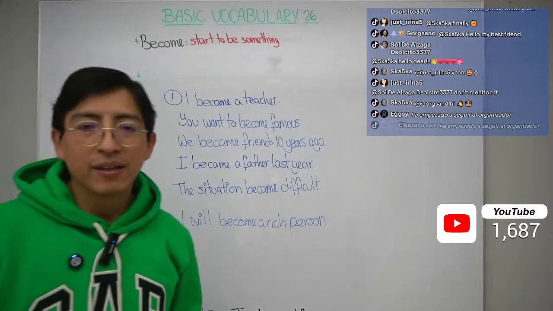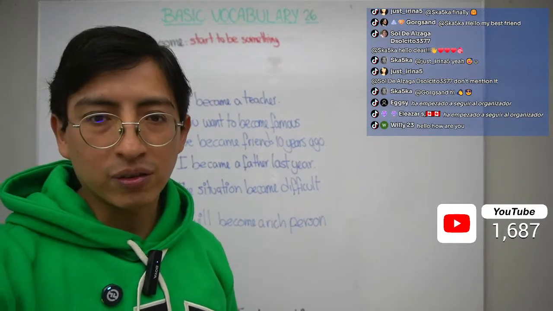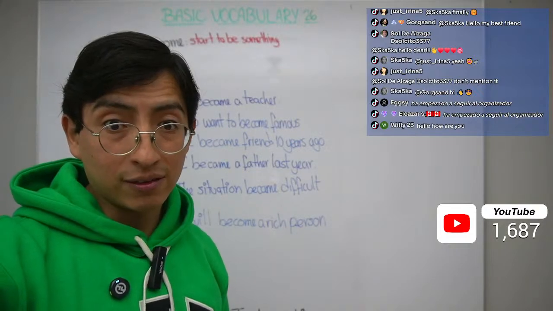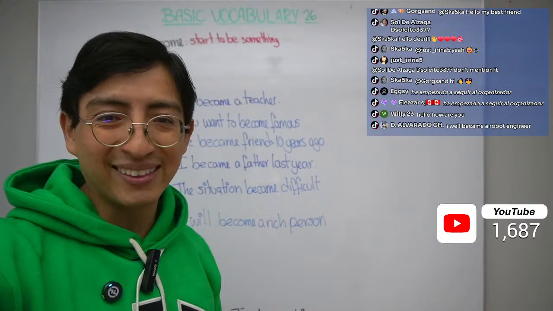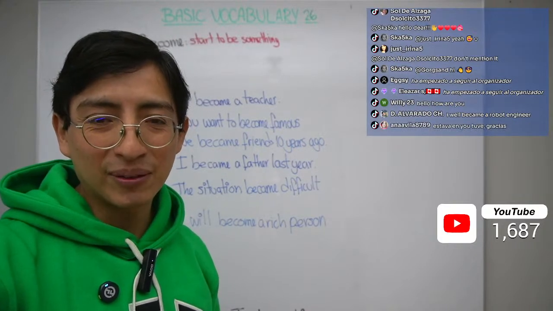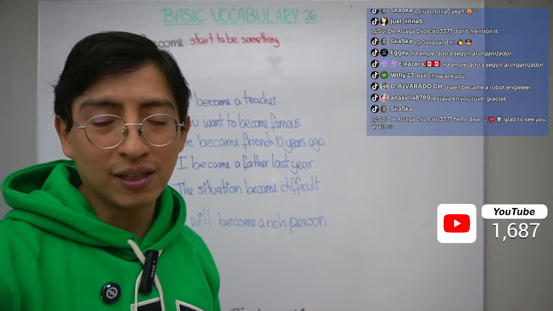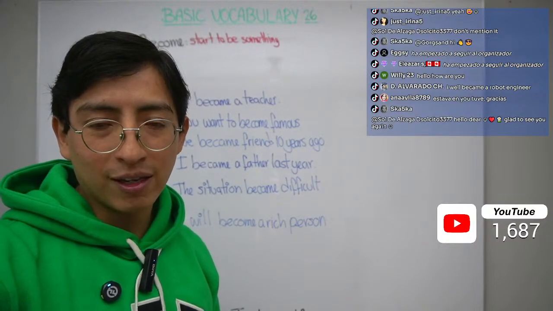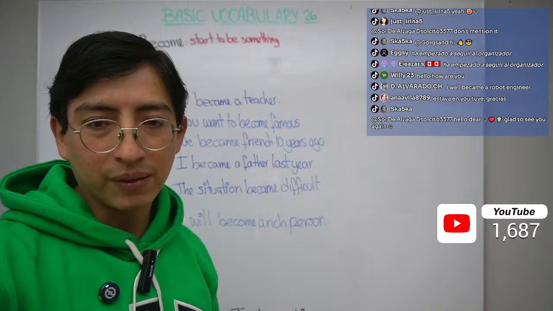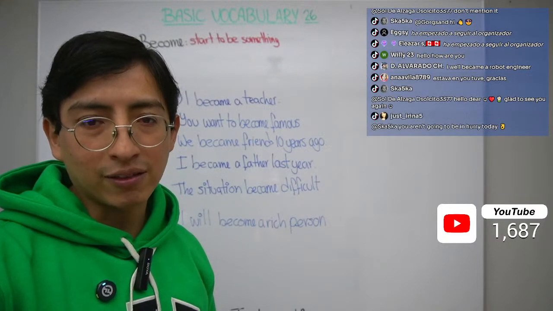Me vas diciendo. Ok, vamos a leer sus oraciones, chicos. Let's read your sentences now. Scott, hello, welcome. Jordan, I became a student. Ok, me volví un estudiante, puede ser también, ¿no? Si eres ya una persona adulta y dices, volví a la universidad, volví a estudiar de nuevo. Became is simple past, yes, simple past form.